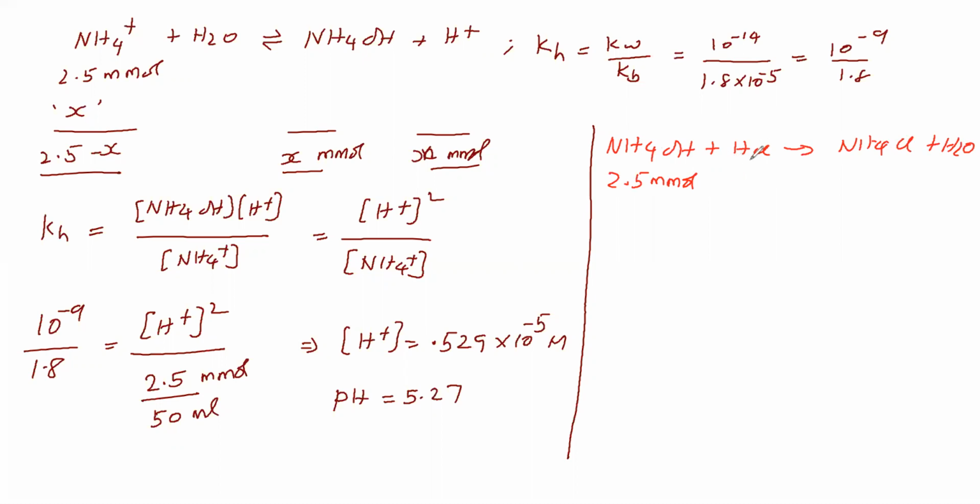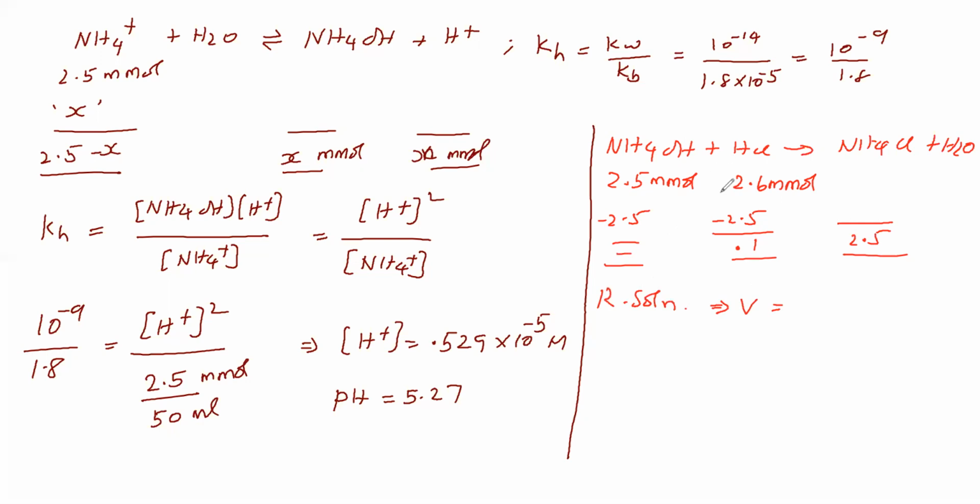For HCl, we have added 26 ml, concentration 0.1 molar. Multiply both and you get 2.6 millimoles. So ammonium hydroxide reacting is 2.5, HCl reacting is 2.5, remaining HCl is 0.1. Here ammonium hydroxide remaining is 0. Ammonium chloride formed is 2.5. Now we will take the resultant solution. In the resultant solution, the volume is, the conical flask solution is 25 ml initially.